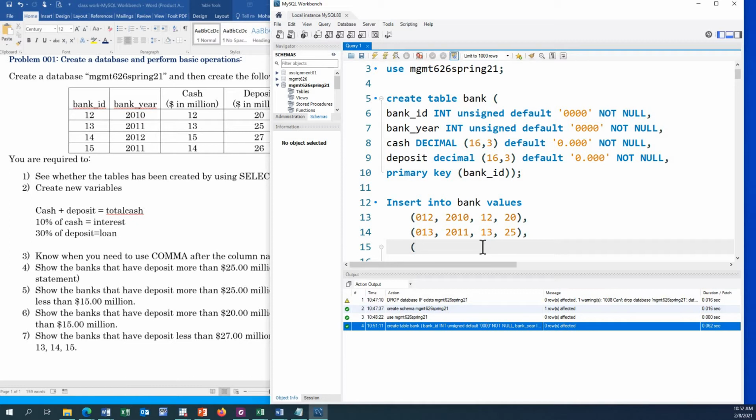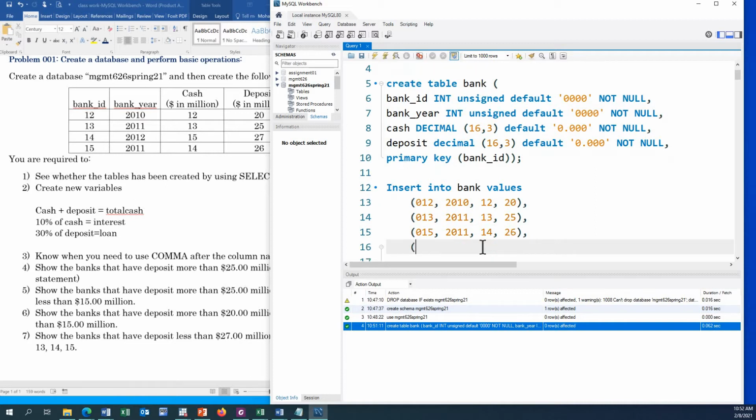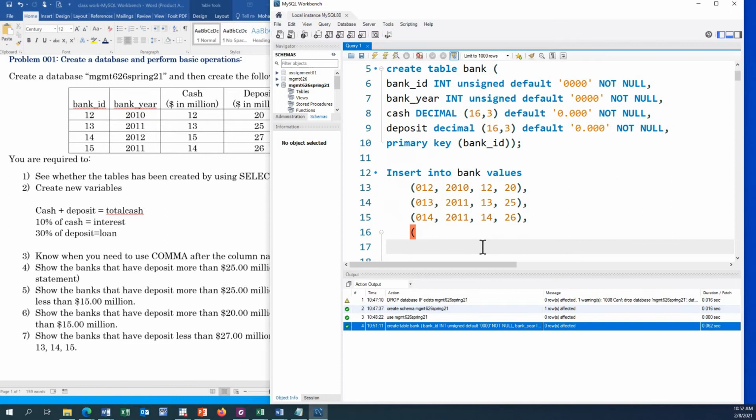So the bank ID is 0114, okay, 0115, then 2011, year, and 14 million and 26 million. Okay, and the final one is, actually this should be 14, and this one 0, 5, and then 2012, 15, and 27. Okay,